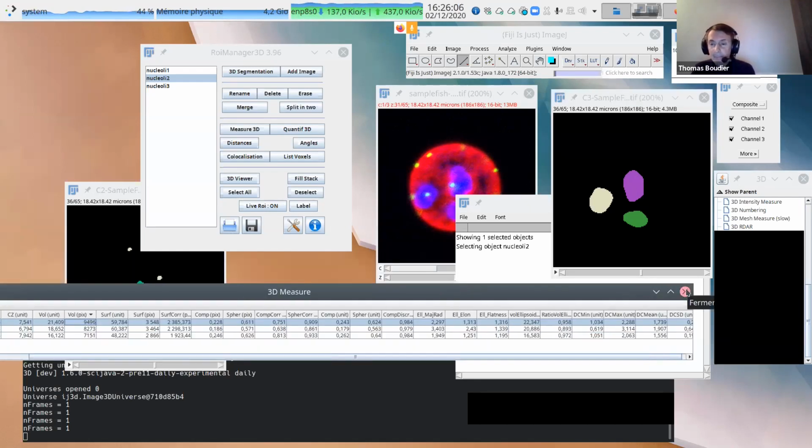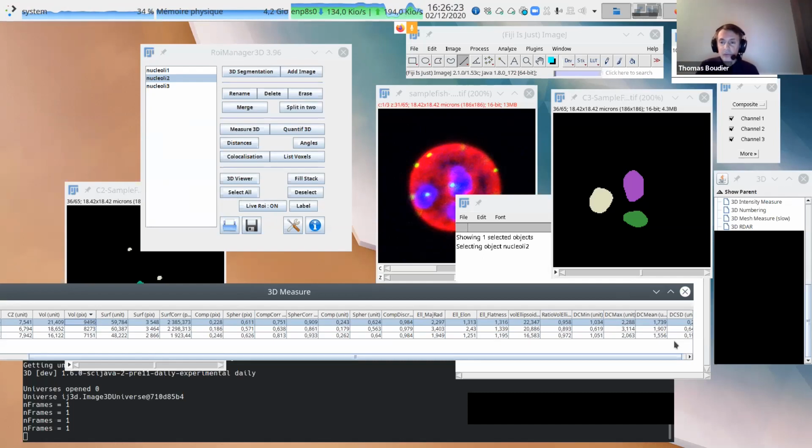Is it okay even if the calibration is different in Z and X and Y? Exactly. The distance is using the XYZ calibration.